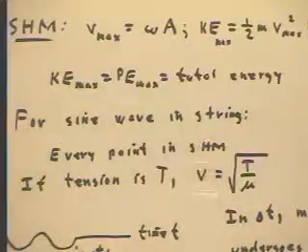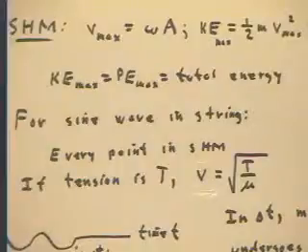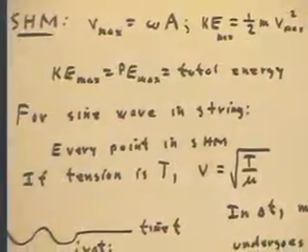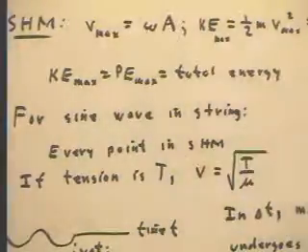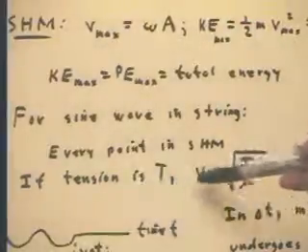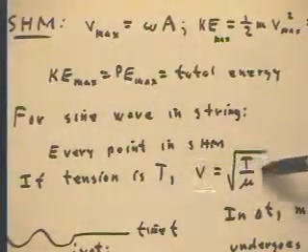and what we're after is an expression for the total energy in the wave, or the total energy transmitted by the wave. So let's think about this. If you have a wave moving at velocity square root of T over mu,